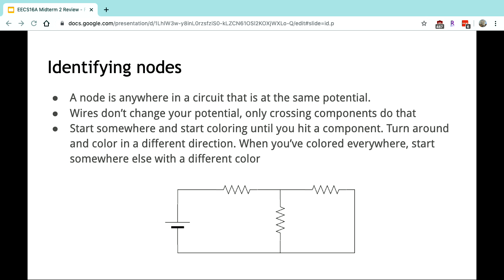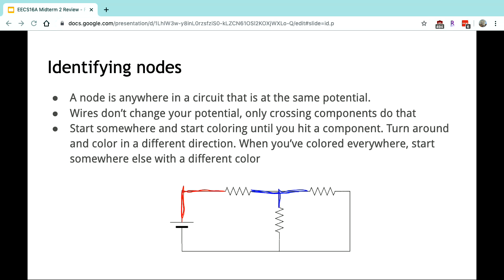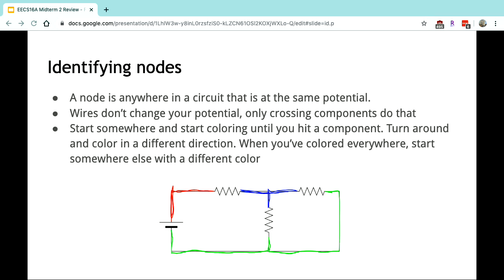This will make a bit more sense in this example. Let's say that we have a simple circuit. It has a DC voltage source and a few resistors, right? Let's say we start off on the top corner. I can go ahead and color in that section, everywhere until I hit the first resistor, and then everywhere until I hit this end of the voltage source. That is all part of the same node. Okay? And I can do this with every other section of wire inside my circuit. Here I've colored in all of the wire over here, and then I can also color in all of the wire over here. Okay, so in total, I have 3 different colors, and therefore 3 different nodes in my circuit.